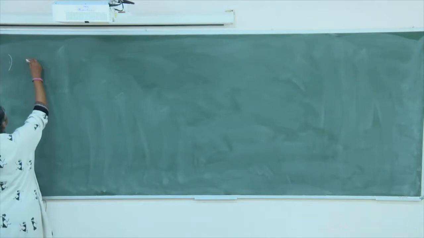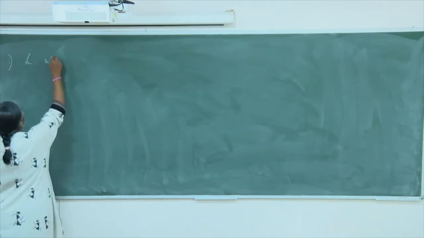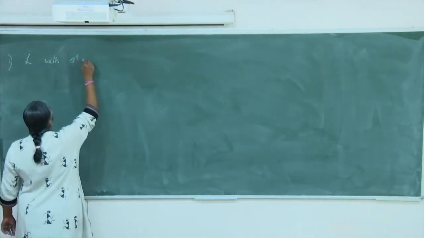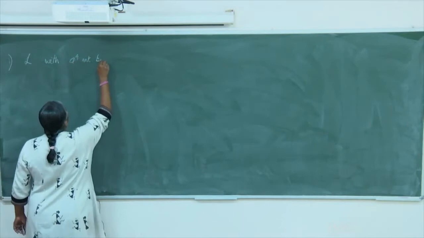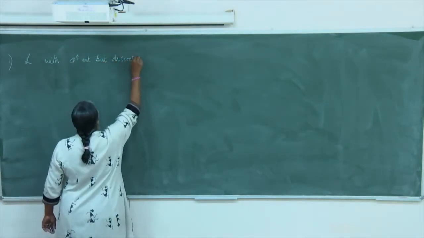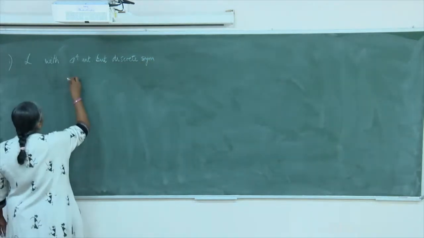So what we started out with, we took a Lagrangian with phi 4 interaction but discrete symmetry, okay. And then we got,